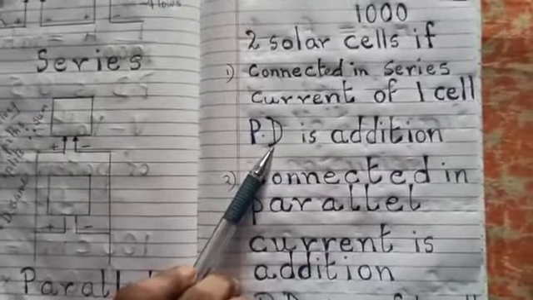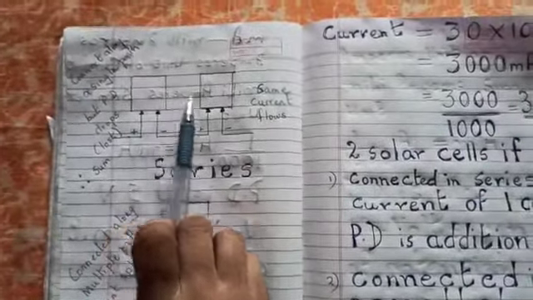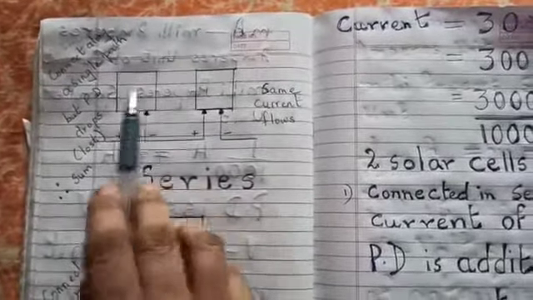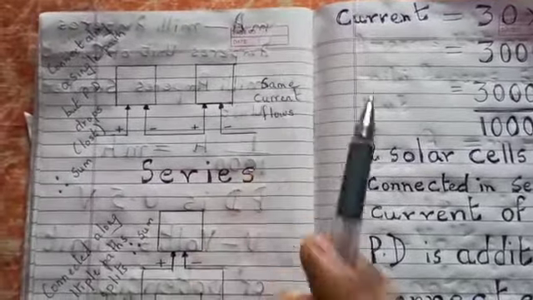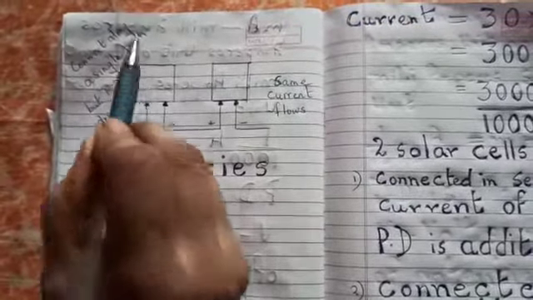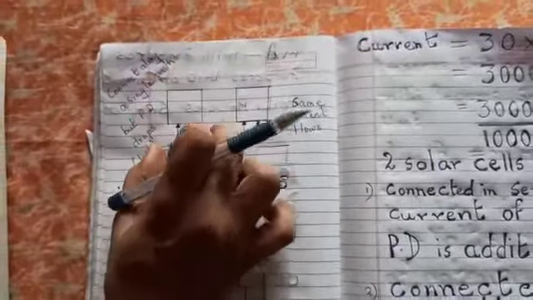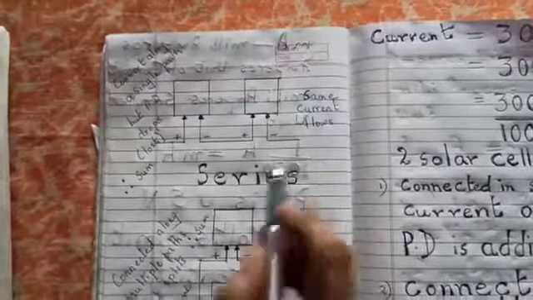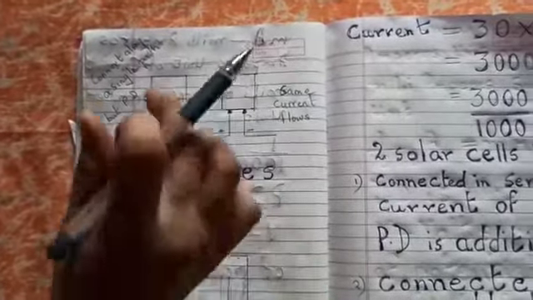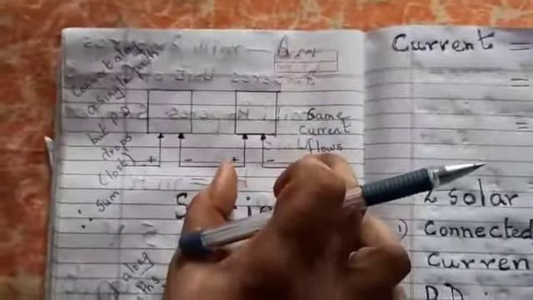Again, I'll repeat, boys. When they are connected in series, they are connected along a single path. So the same current is flowing through each one. So if we want to know what is the current, whatever current was flowing through this is the same current flowing through this. So you have to take the current of only one cell. But the PD drops when it goes from one cell to the other. Therefore, you will have to add the potential difference of this cell and the potential difference of this cell.